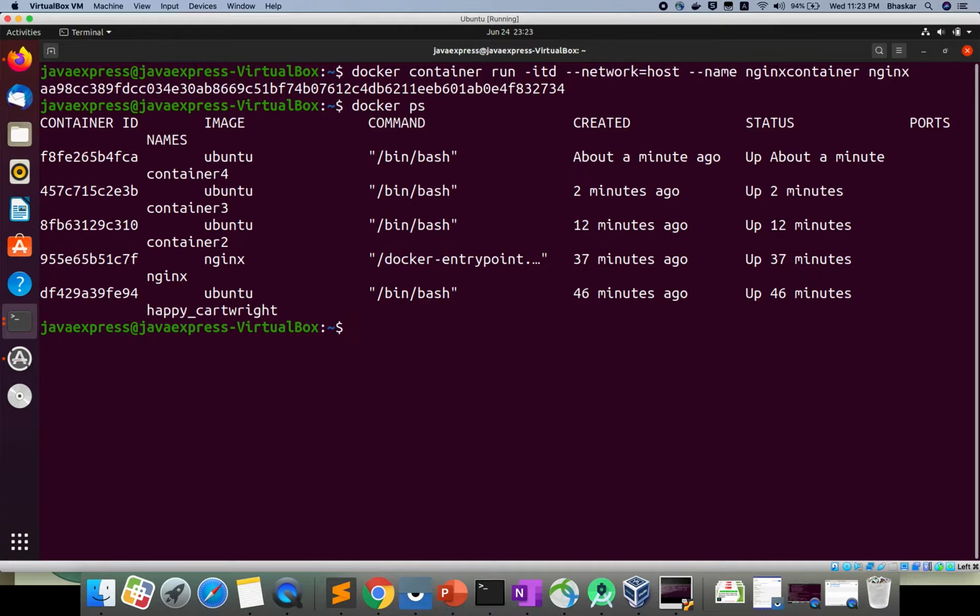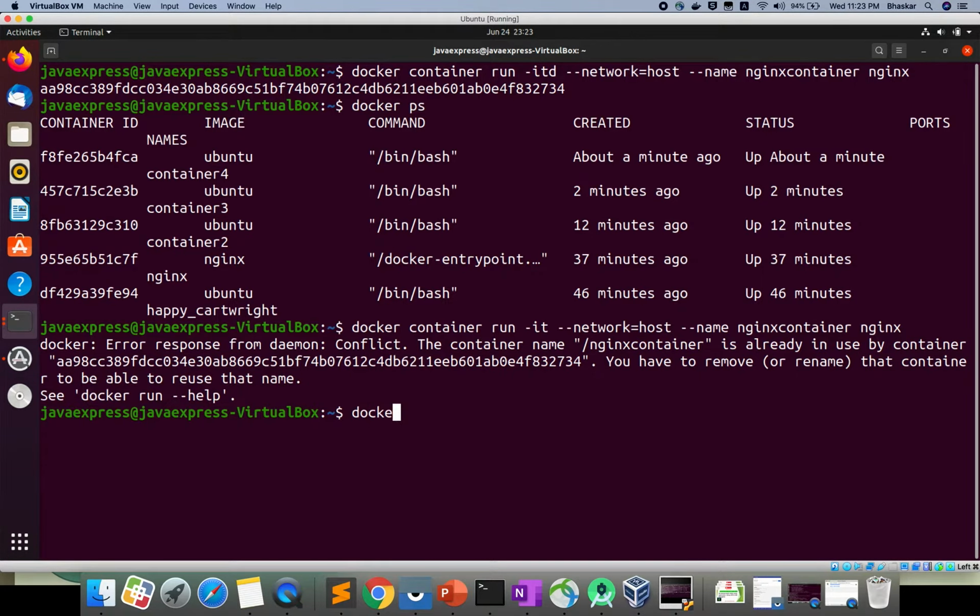Where is my nginx container? Okay, it is running in the background, about a minute ago. I'm not able to see it here. What mistake did we make?